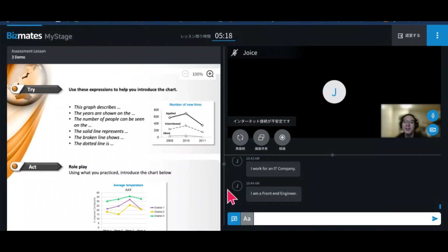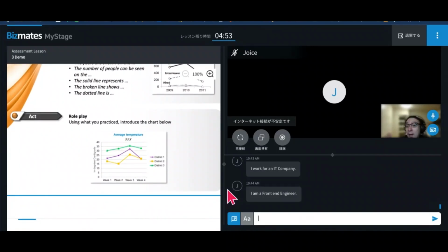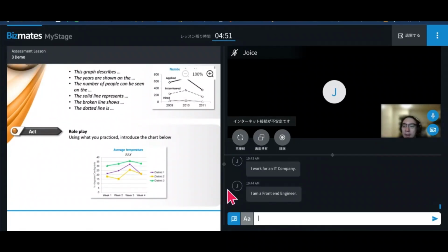All right, thank you for confirming. Yes, basically the Try part is a practice for the Act part. This is what a lot of our students tend to forget. When doing the Try part, it is just your practice session for the Act part. Any other questions so far? No, I have no questions.